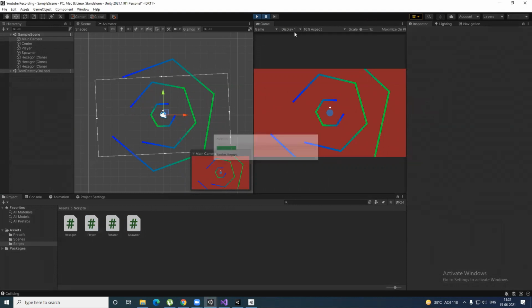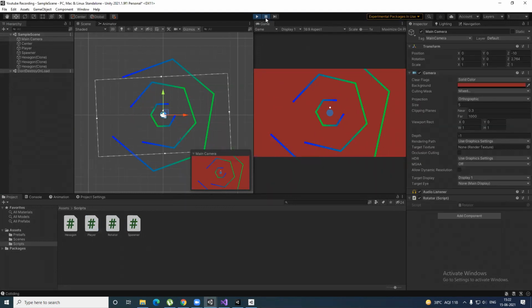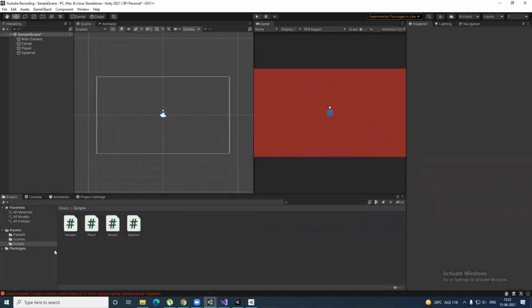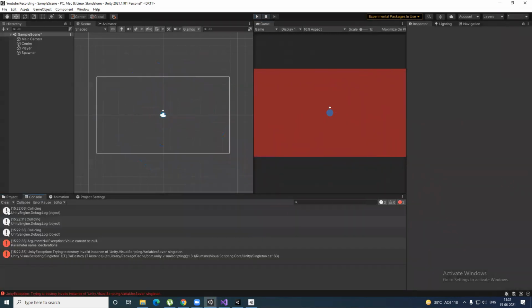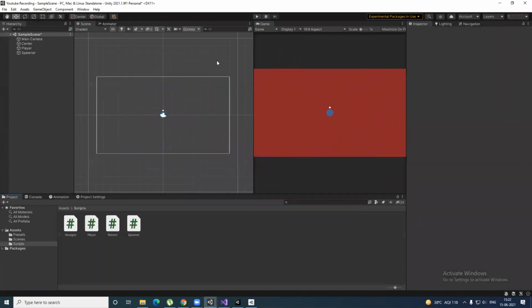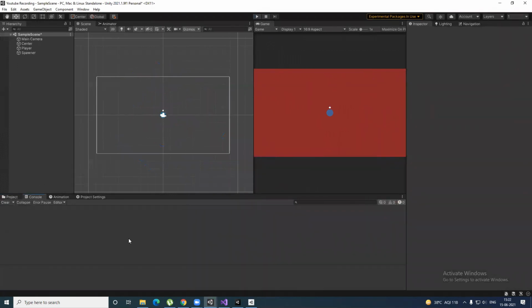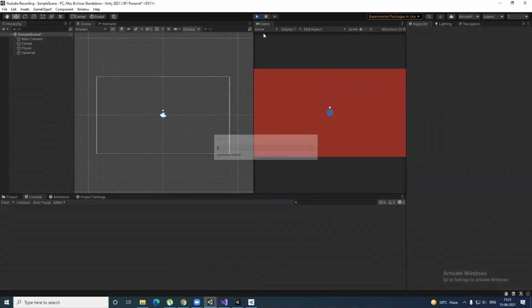Do not make any changes during runtime because they can get overridden, and you can see there are some errors in the console. Do not worry about these and hit the clear button. The errors to worry about are the ones that do not get cleared upon pressing the clear button. Then you might have some errors in the code, something that you have written wrong. Otherwise, irrespective of the errors and warnings, just hit clear once and see if they're gone, then there's nothing to worry about for now. There are different types of errors that get worked upon at the basic level.